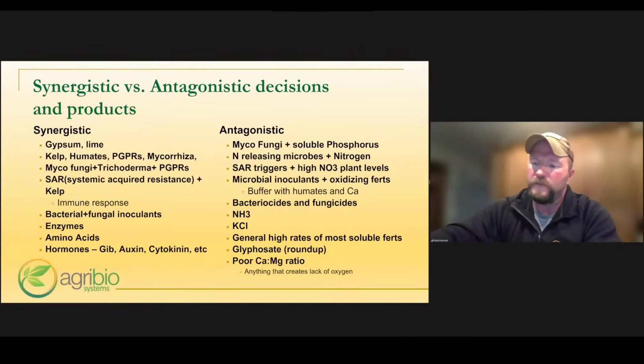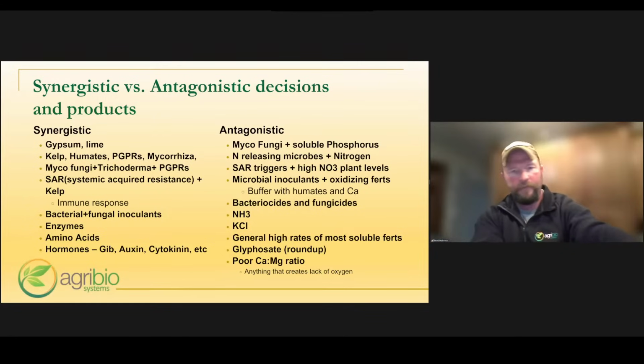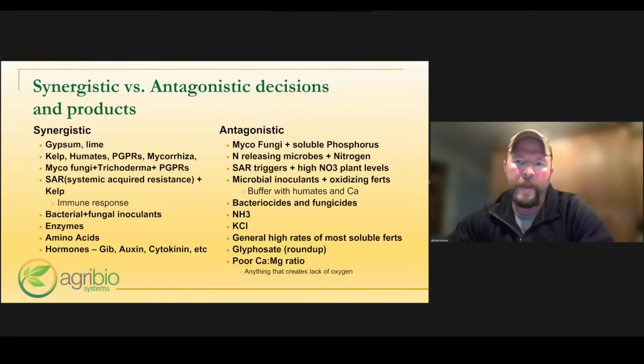Synergies and antagonisms. This is a very, very short list. Now, there are certain things, especially on the synergistic side, that if they are used in the wrong manner, can also be an antagonism. Gypsum and lime definitely can become antagonisms. But as we're looking at soil calcium and magnesium ratios, as we're trying to rebuild soil aggregation to give all of these beneficial soil microbes the home that they need,